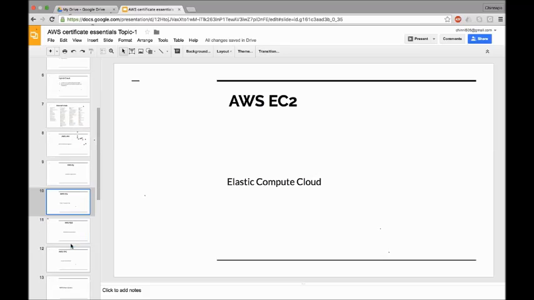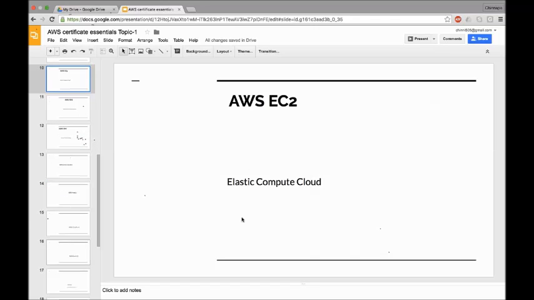And next, the EC2 service. As I already told you, EC2 is dedicated to infrastructure as a service. So the EC2 service is a direct